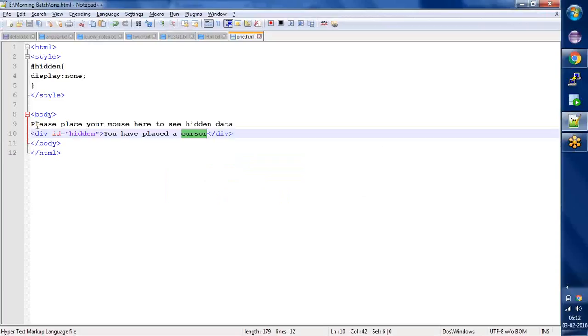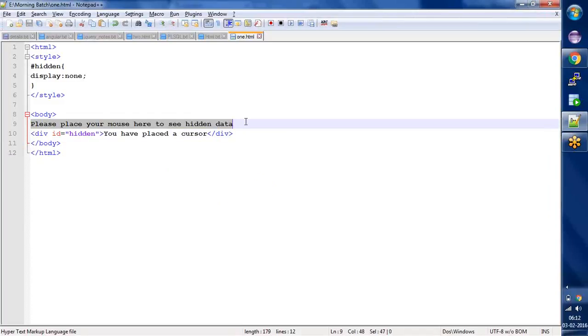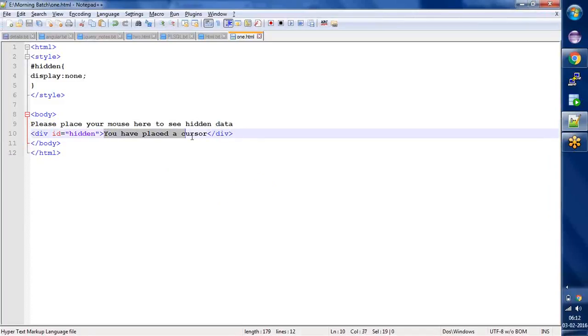So our intention is when we place our mouse on this text, I should be able to see this text, some hidden text. When I remove the mouse cursor from here, then this text should get hidden. Okay, still if you have questions, once you see the output it will be more clear to you. Yes, sir. Okay, so here this name I'm giving as hide and show,